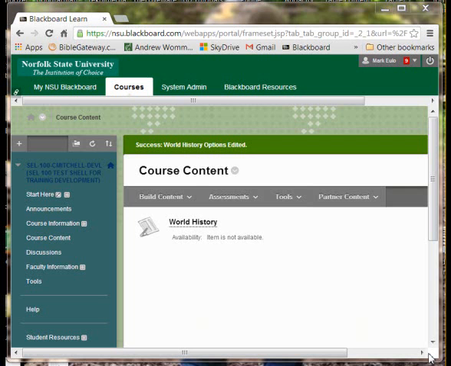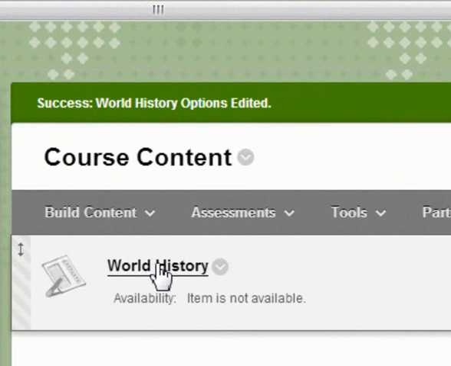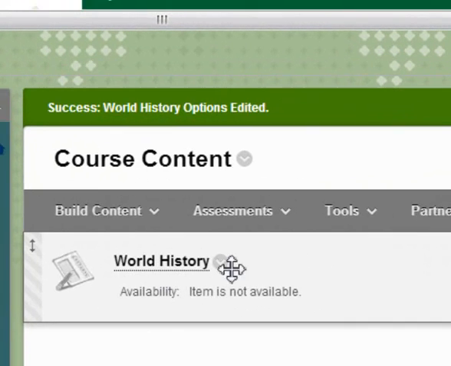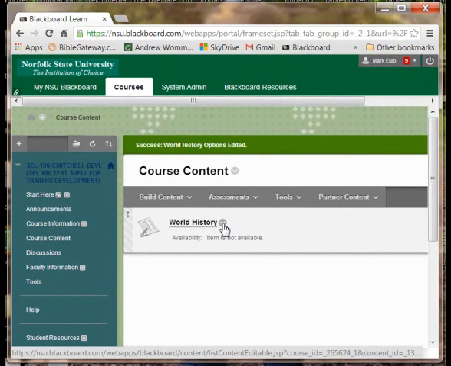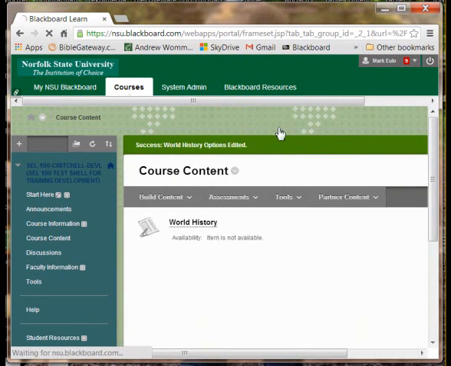Okay, back at the Blackboard course, you can see that the test has come over. It has been published, but you can see that it is not available. And so if you come to the down arrow and give it a left click, and then from the menu that opens, click the Edit the Test Options option,